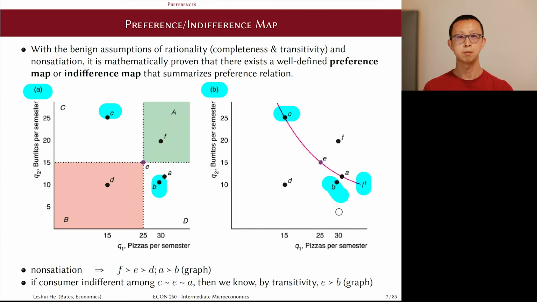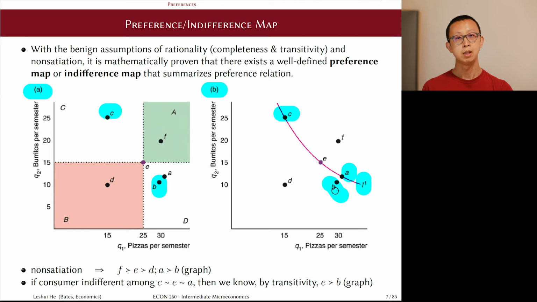Well, it is really a combination of the definition of indifference curve and non-satiation. Although we cannot compare C versus B directly, we're able to compare A versus C. And with the help of the indifference curve, we now know that bundle C and bundle A are indifferent for this particular consumer. On the other hand, non-satiation is telling us that this consumer must prefer bundle A over bundle B, because A offers both more pizza and more burritos